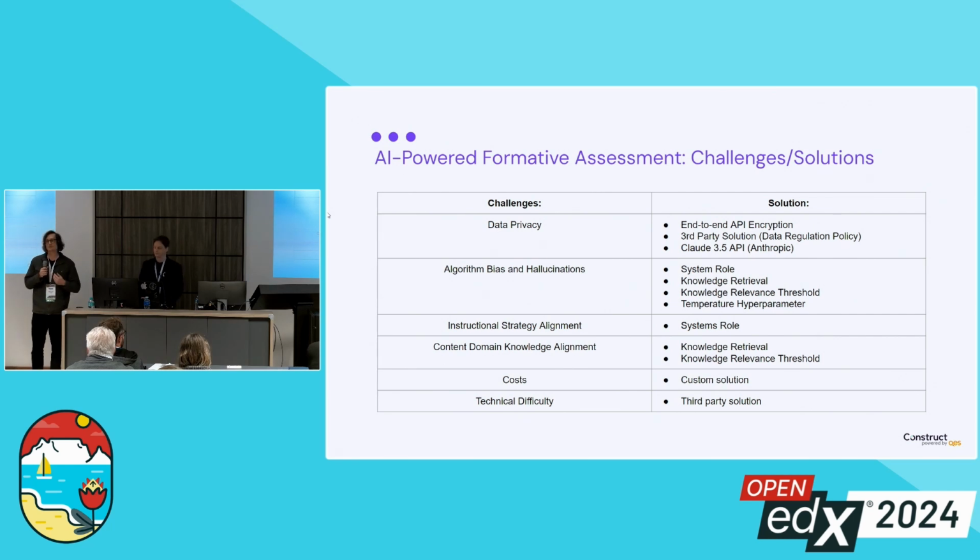However, as you probably are thinking, there are also a set of challenges associated with AI-powered technology. And next we're going to look at these challenges and potential means to combat these challenges so that we can mitigate common risks associated with AI-powered applications. So firstly, data privacy. This is a major concern for most organizations. We need to protect the personal information of our students.